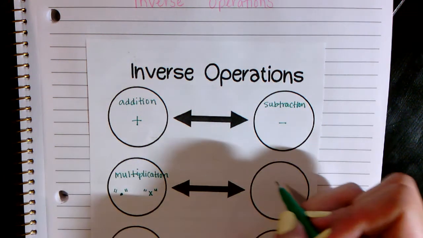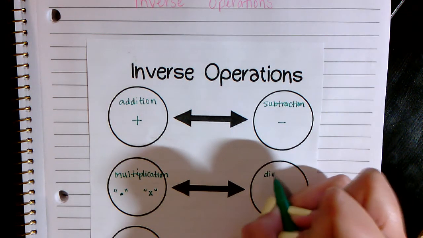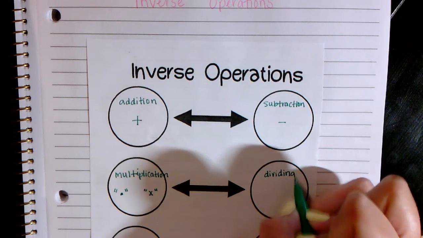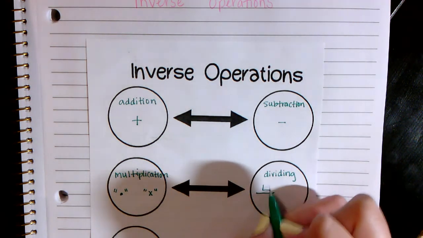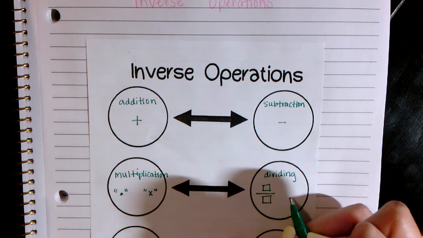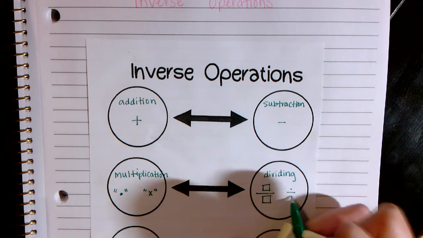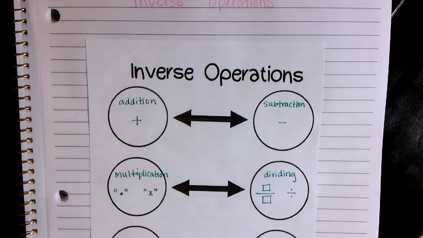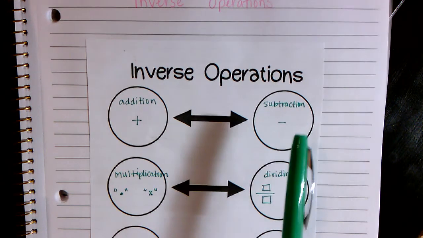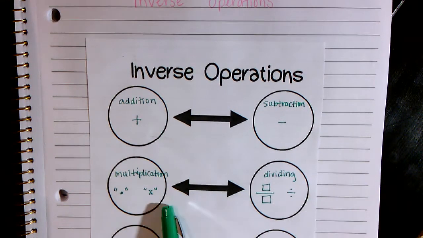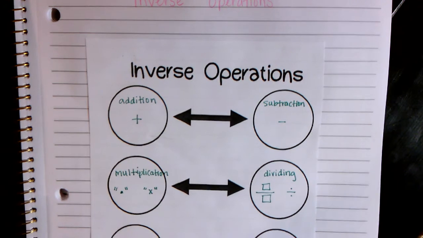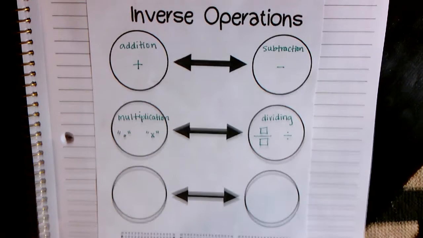So to undo multiplication, you would divide. So dividing undoes multiplication. So it may look like a fraction where you have something over something, or the divide symbol. So addition undoes subtraction, subtraction undoes addition, multiplication undoes division, division undoes multiplication,